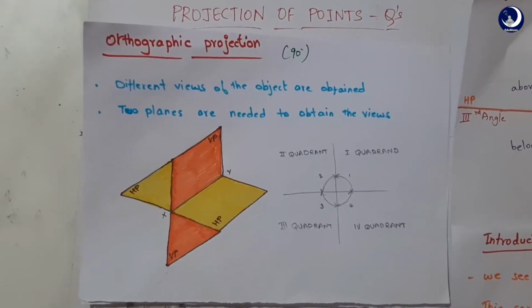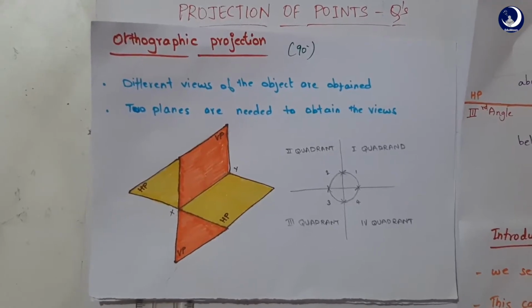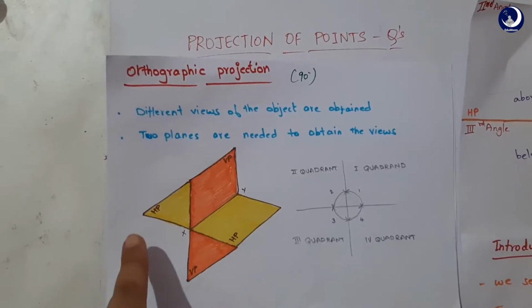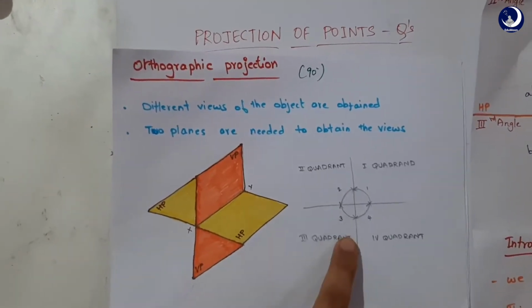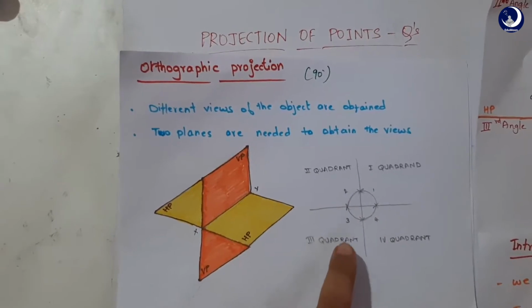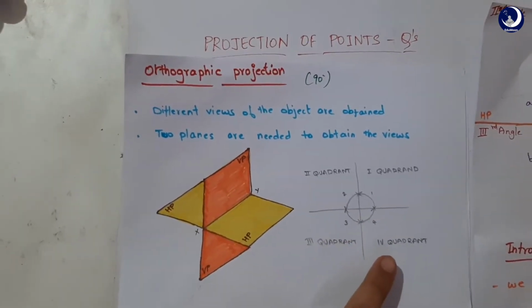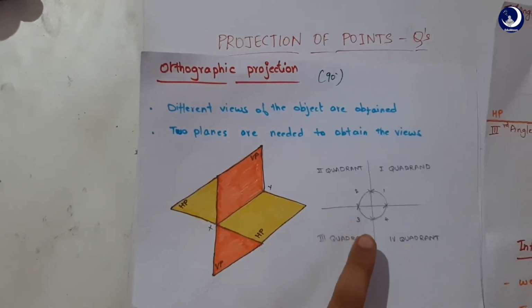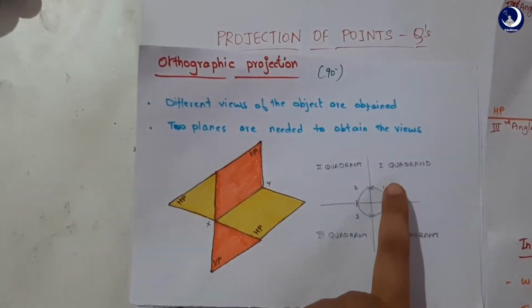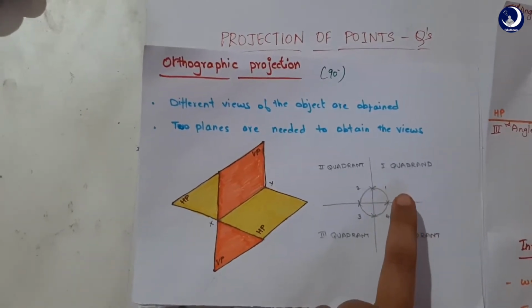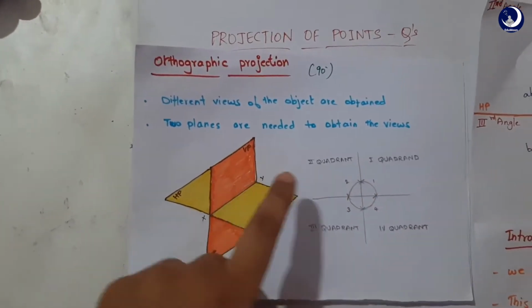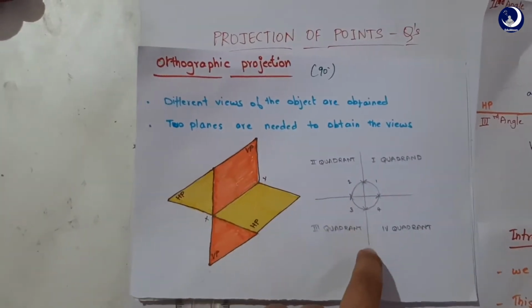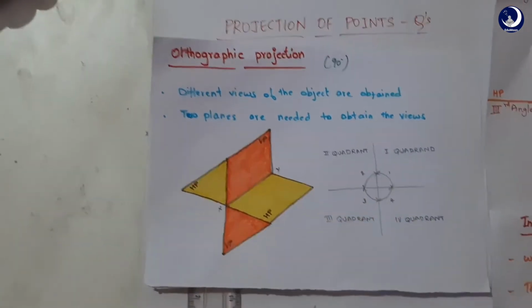So we discussed that in orthographic projections we'll be needing two planes, that is the vertical plane and the horizontal plane, that are at 90 degrees to each other. So in 2D it is represented as first quadrant, second quadrant, third quadrant and fourth quadrant. And the first angle, second angle, third angle, fourth angle projection in orthographic projection is basically when the object is placed in first quadrant, that is the first angle projection, that is the object will be placed here. And if the object is placed in the second quadrant, then it is second angle projection. And then similarly in third and fourth quadrant.